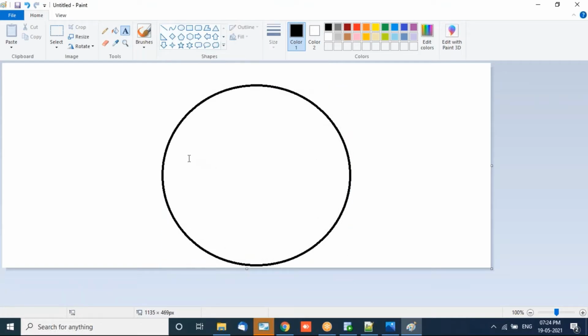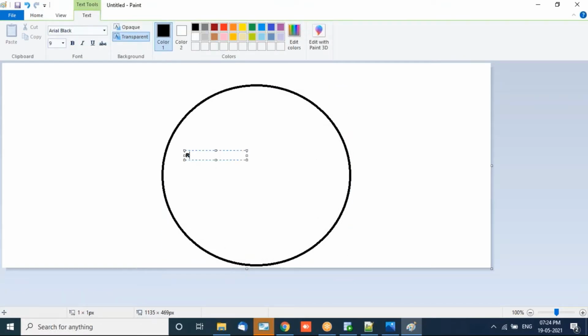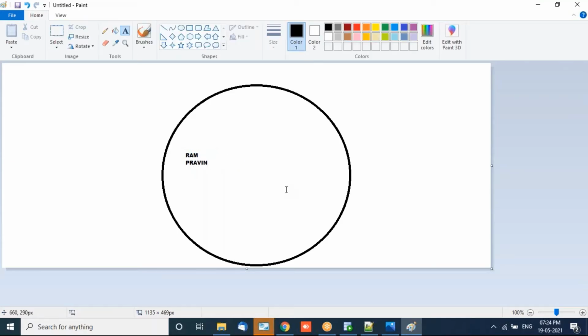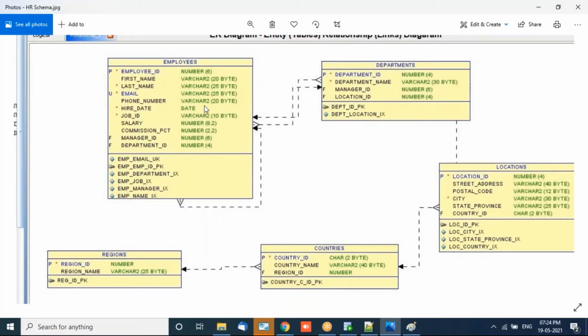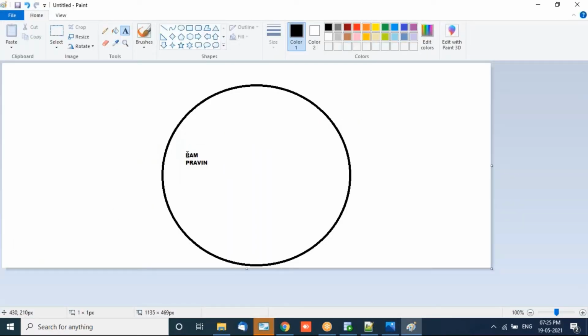And you have to save a user with the name Ram, and second with the name Praveen. Now you can see here the variable character length is 25, as for an email. For first name, the character length is 20, but this is only 3 characters and this is only 6 characters.